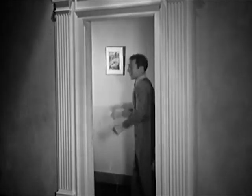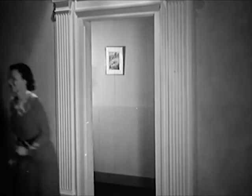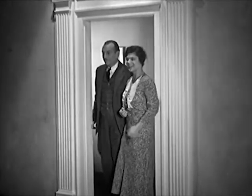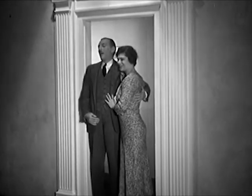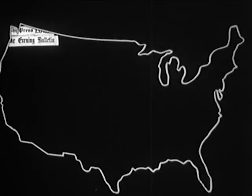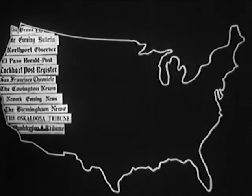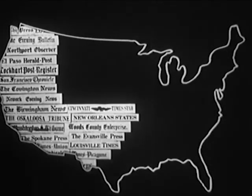And so, one more Pontiac prospect becomes a Pontiac owner. One more family that, multiplied by millions, will be at the receiving end of the most powerful and most persuasive advertising campaign in Pontiac history. Through 2,500 newspapers in every state in the Union, from the great metropolitan dailies down to the smaller weeklies, there will be delivered the staggering total of over